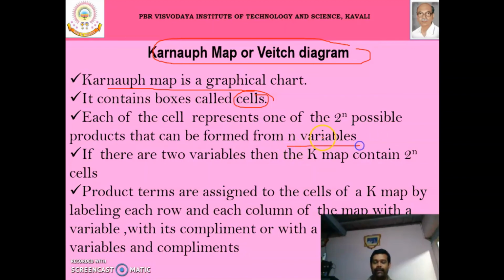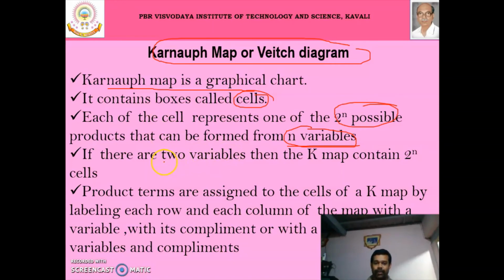We all know that if you have n variables, we get 2 to the power n possible combinations, or 2 to the power n products. Those products we call min terms. So each cell represents one of the 2 to the power n possible product terms.